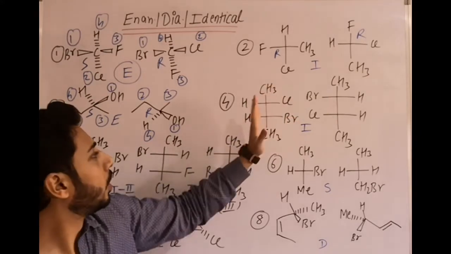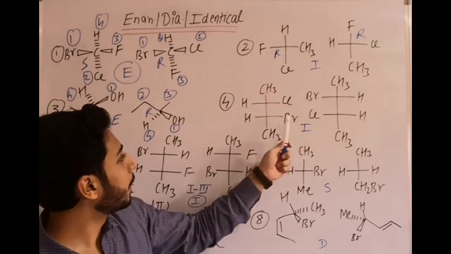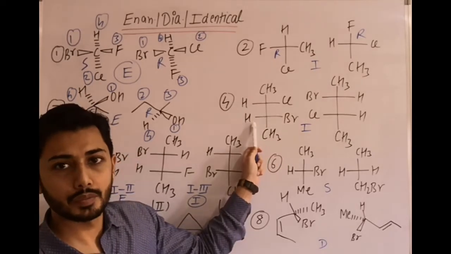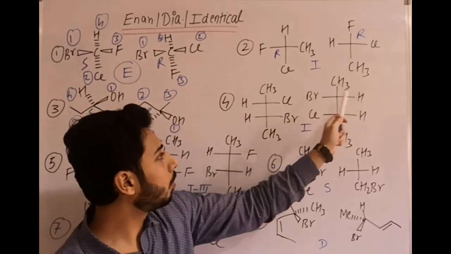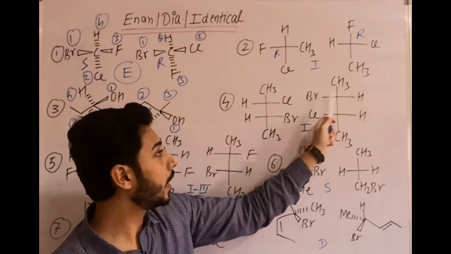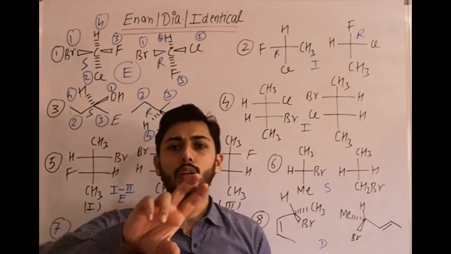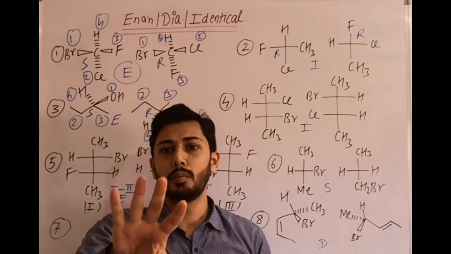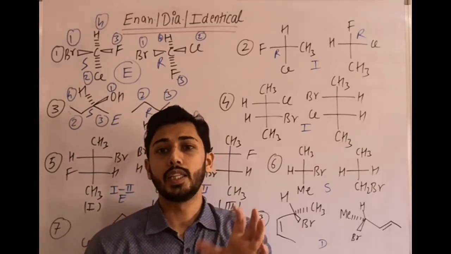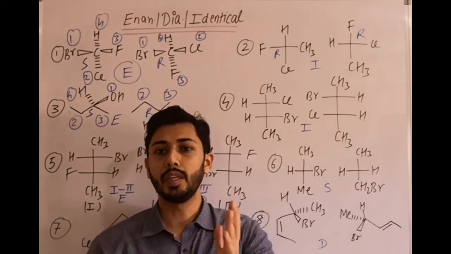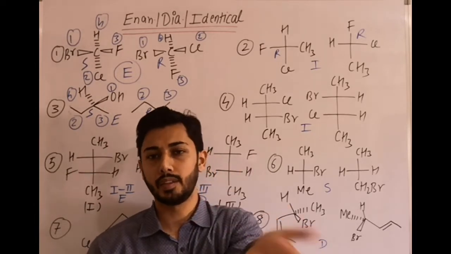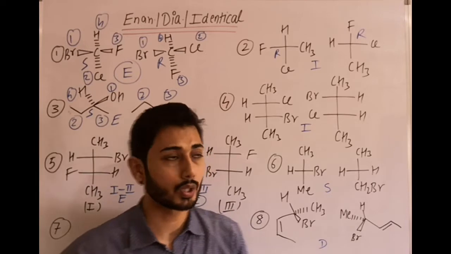In Fischer we can see here Br there, Cl there. In the below chiral carbon, Br and H. Whereas in the other molecule on the above chiral carbon, Br and H. That means we try to rotate the molecule within the plane of the board. We cannot flip the molecule. It is not allowed in Fischer that we rotate the molecule by flipping. Only in the plane of the paper or board we rotate it by 180 degrees. Then it will not change its configuration.